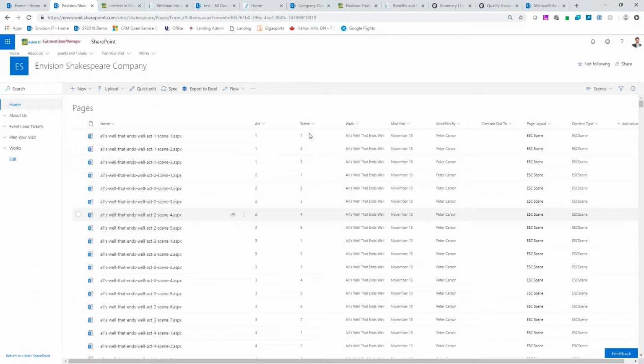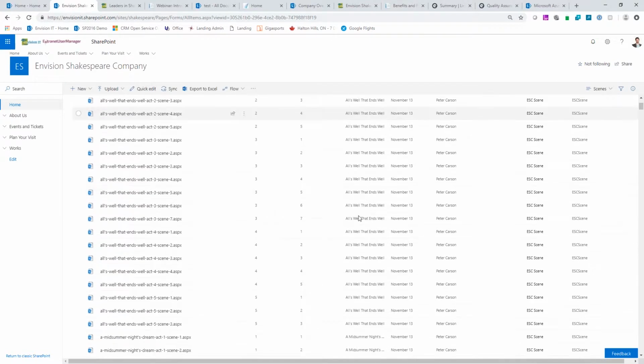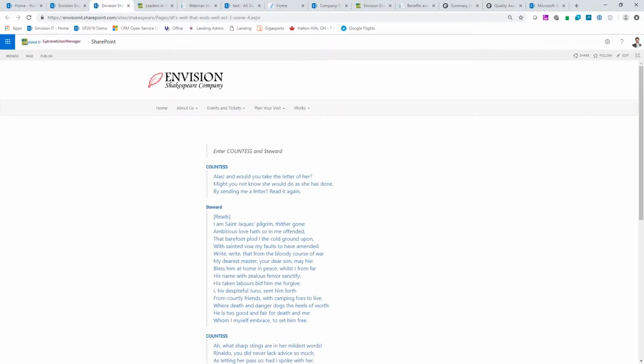So if you think about All's Well That Ends Well, it's got a number of acts and scenes associated in there that are tagged back to the work that they belong to. If we drill into that actual content, we can see the full text of Shakespeare's works as part of that. So we loaded all that content up in there. We also loaded up our own news and media articles, kind of imagining that we were a fictional Shakespeare theater company. It's kind of our approach of Contoso or AdventureWorks, if you're familiar with the standard Microsoft ones there. So we've got all this content loaded up in SharePoint,